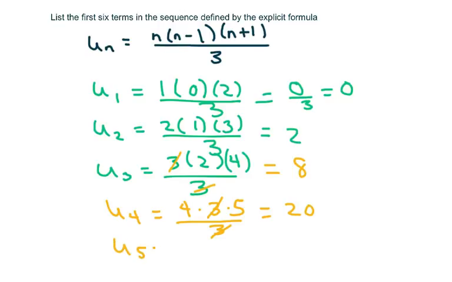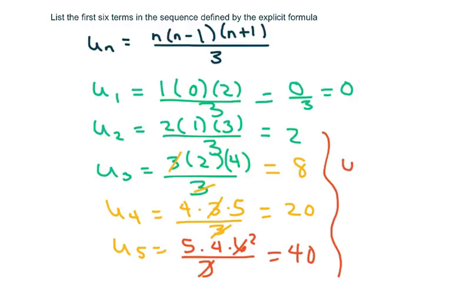Use of 5 is 5 times 4 times 6 over 3. 3 goes into 6 twice, so 2 times 20 is 40. And the last one is use of 6, which is just going to be 6 times 5 times 7 over 3. 3 goes into 6 2 times. 2 times 35 is 70. So that's just 6 terms. Pretty easy. Now we have to write a formula